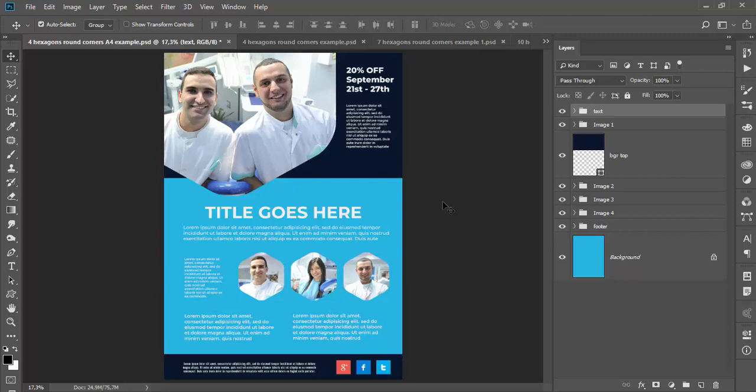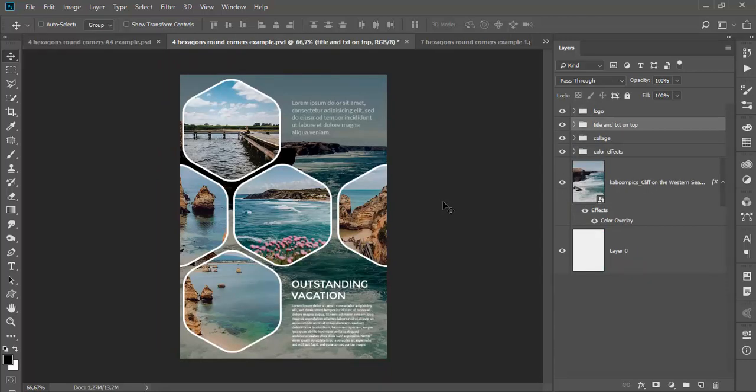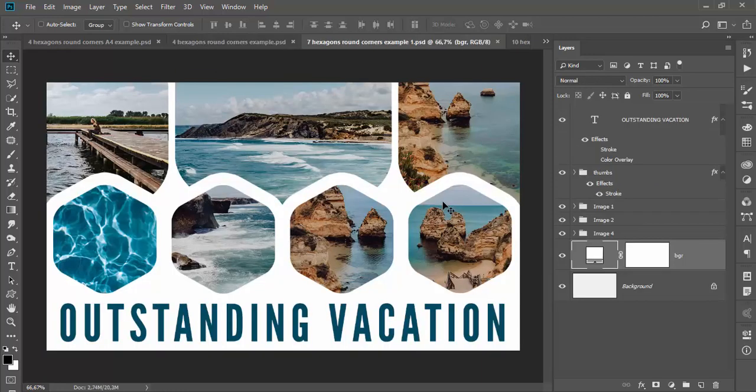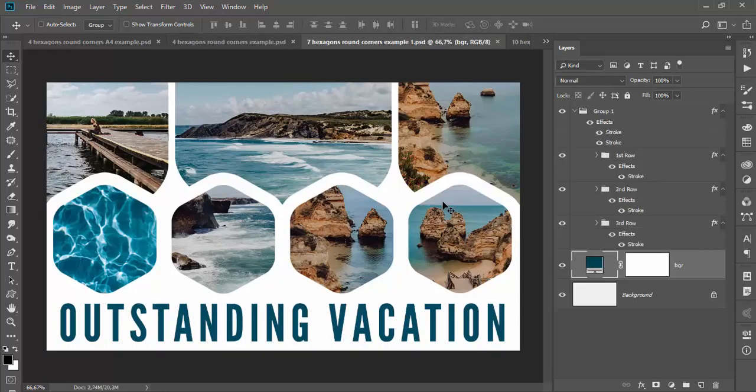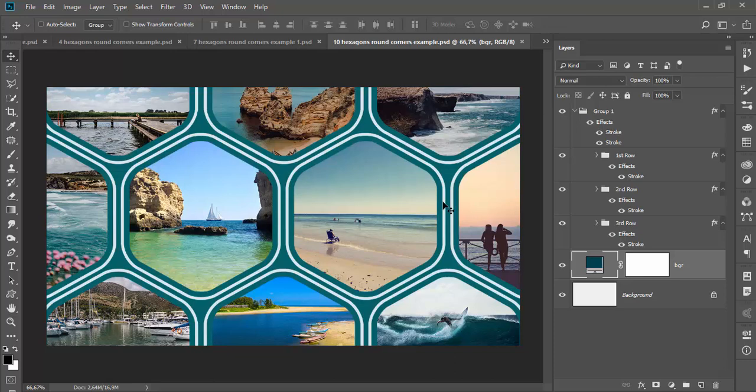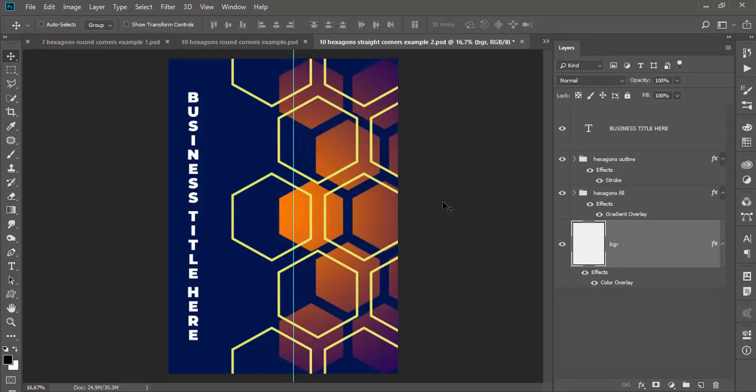Hi guys, in this tutorial I will explain to you how to use hexagon layouts PSD templates which are automated using Photoshop Actions. I will start with a few examples of what you can create using hexagon layouts templates. Templates can help you when designing business cards, flyers, cover pages, book pages, websites and so on